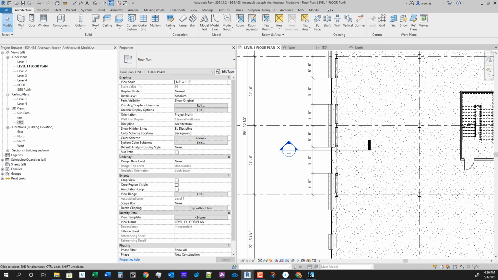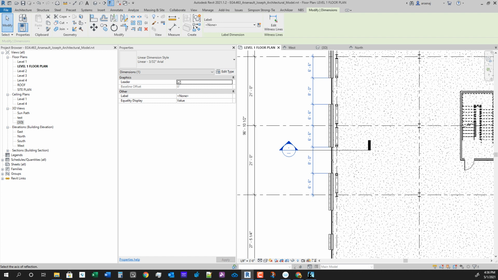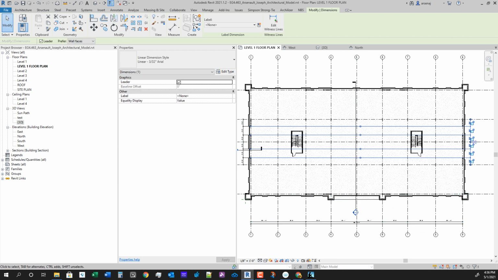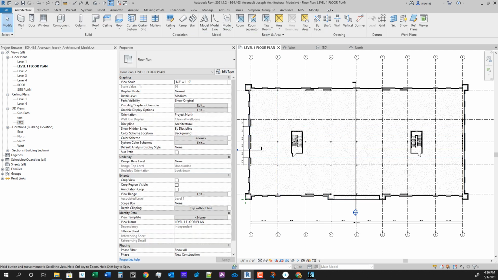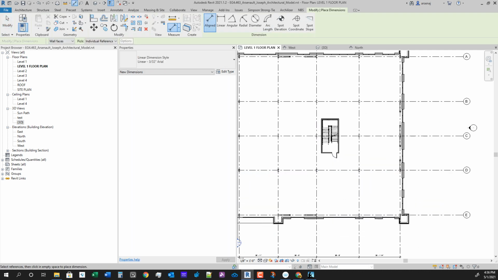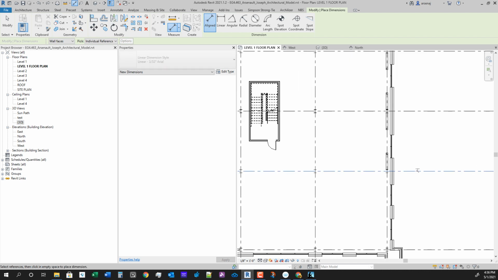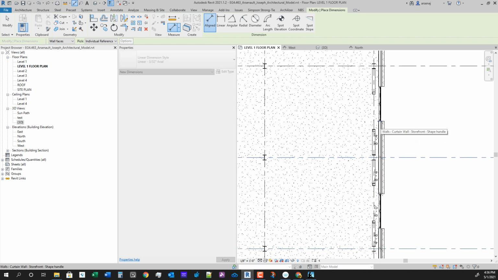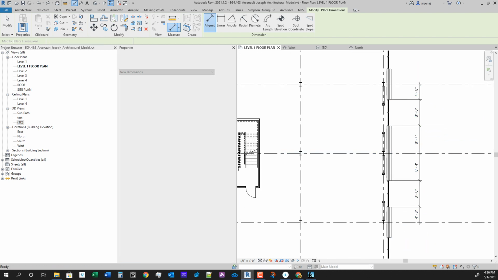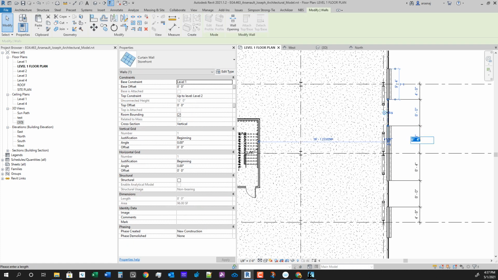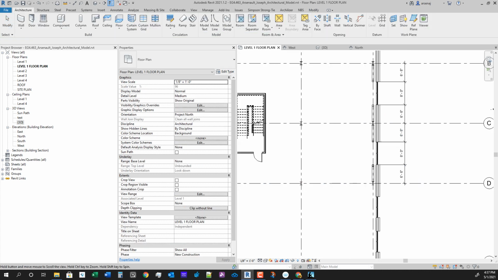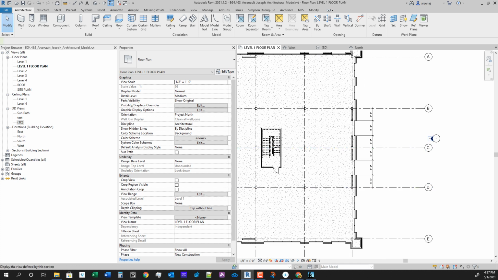You can actually do the same thing on the other side. Just going to mirror these dimensions. Yep, no, I'm not, because it's trying to keep them associated there. But we already remembered that they're 6'6" off of this grid D. We can just run our string across. Select the dashed line for the curtain wall. Type in 6'6". We're good to go. Now we'll go to this south elevation